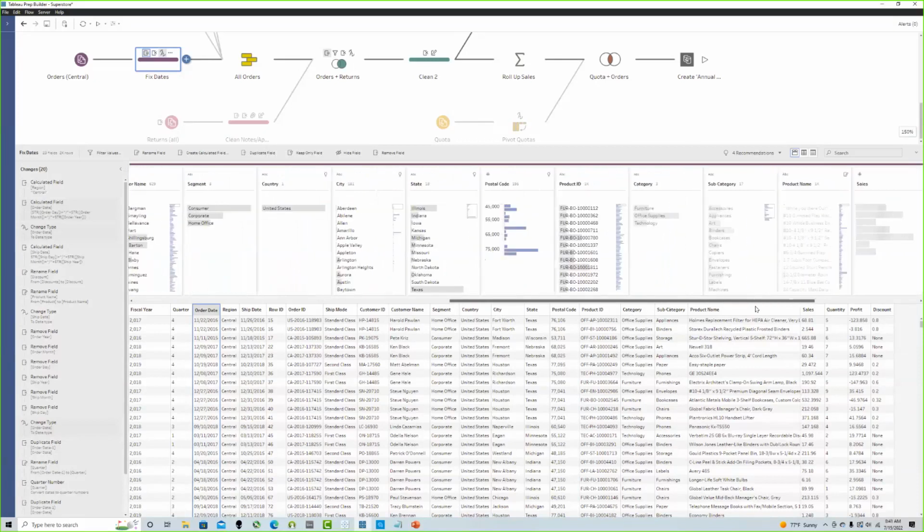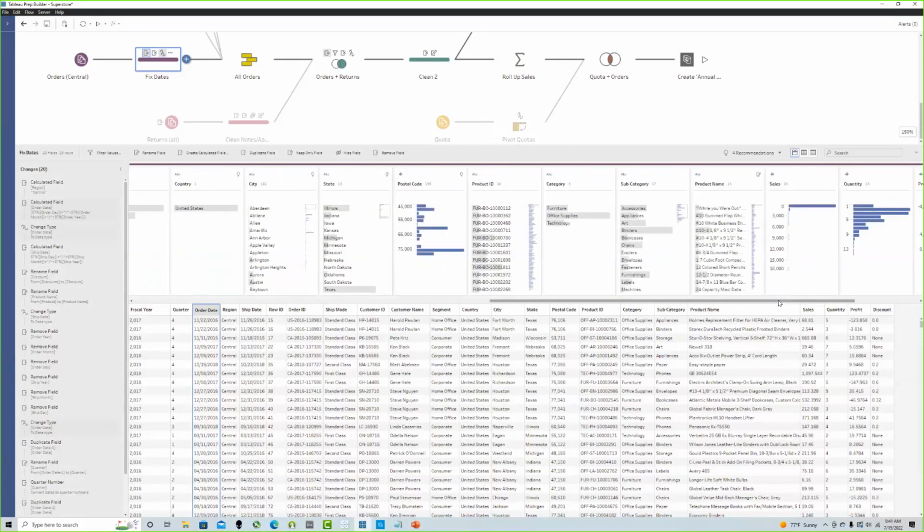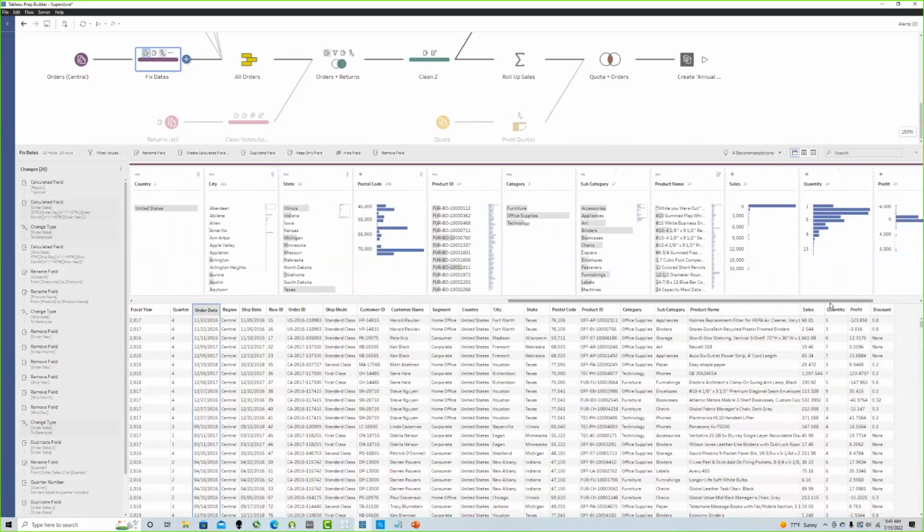So let's say I wanted to, in my data set, make sure that there is a rank in there as part of the data set, right? When I bring it into Tableau, I don't want to use table calculations. I want that rank to already be a part of my data set. So if I were to right-click sales here, go to create calculated field, and then come to rank here,